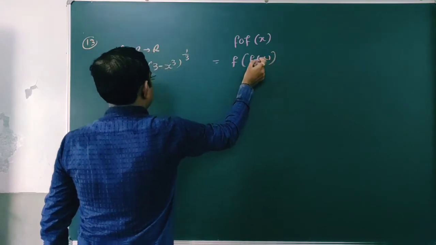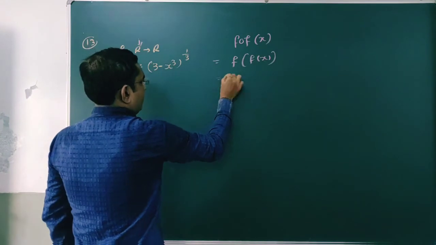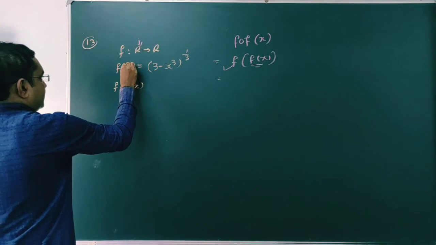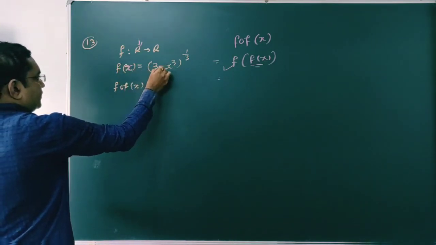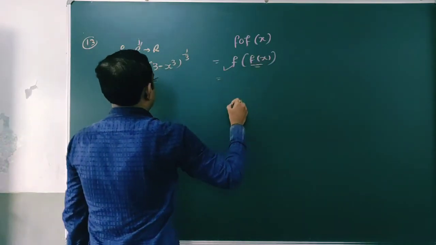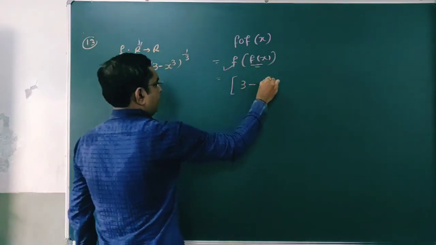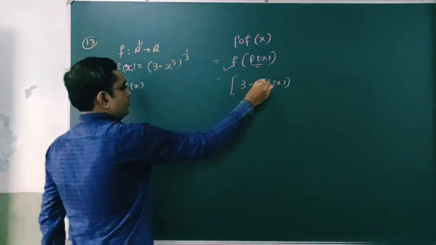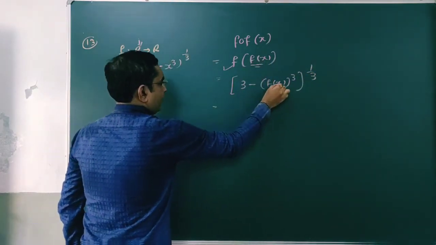Here x belongs to domain of this function. अभी ये फंक्शन f की डेफिनेशन चलेगी। फंक्शन क्या कर रहा है, अगर इनपुट में हम x डालेंगे तो फंक्शन उसको 3 माइनस x क्यूब का होल पावर 1/3 करेगा, लेकिन यहाँ पर x की जगह पर f of x है, तो यहाँ पर होगा 3 माइनस f of x का क्यूब और उसका 1/3 पावर होगा।